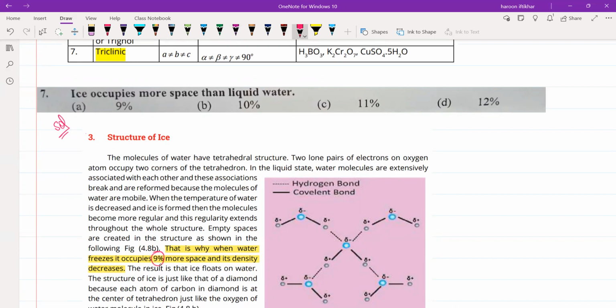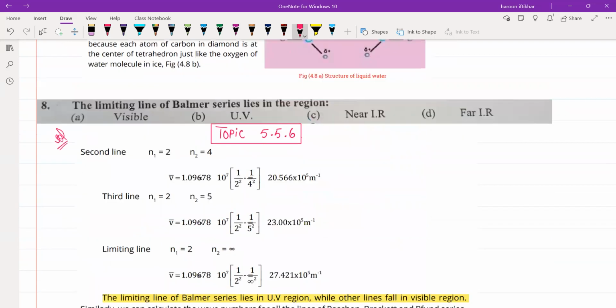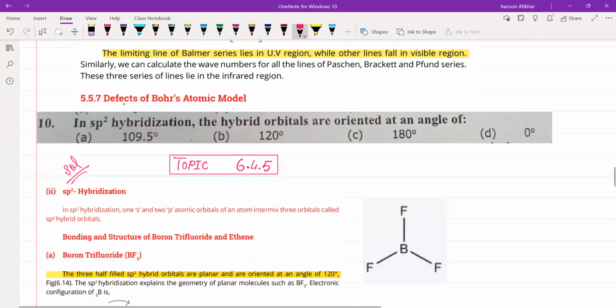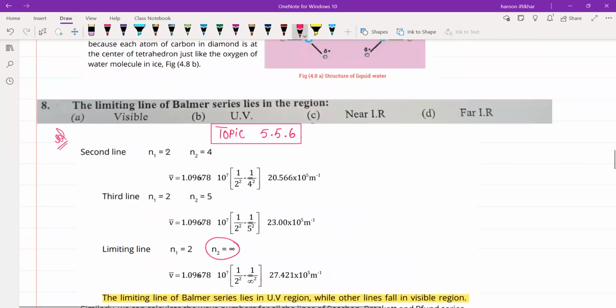Okay, 9% more space. Okay, the limiting line of Balmer series lies in the region. First of all, you need to understand what a limiting line is. A limiting line is any line in which the final orbit is an infinity orbit. So you can see the Balmer series lies in the region. This is also present in the book. The limiting line of Balmer series lies in UV region while other lines fall in visible region. Okay, that's a book line directly. So you can see it over here. Okay, so this one is topic number